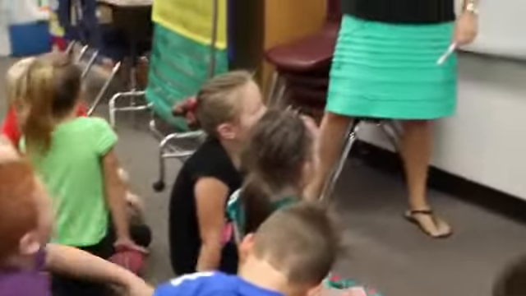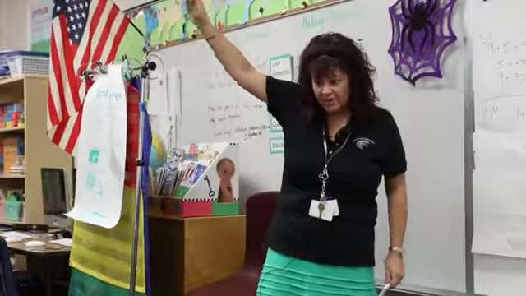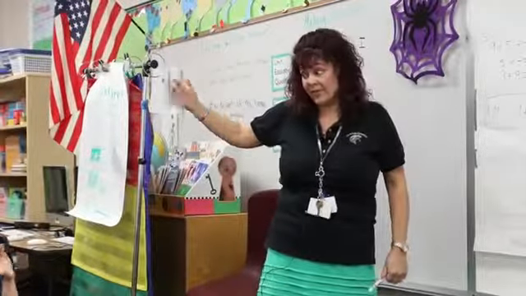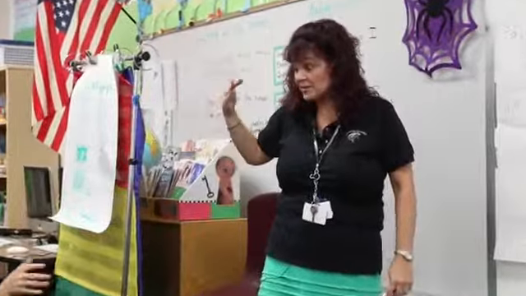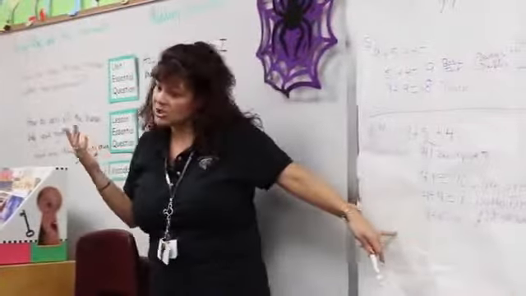Okay, on the count of 3, our voices are down. 1, 2, and 3. I heard some great conversation going on. I heard those strategies being talked about, and that's what we do when we do those number talks, talking about the steps that she took. So I need a volunteer to share out what steps do we see that Allie took to get to her